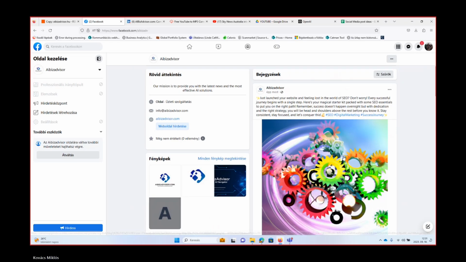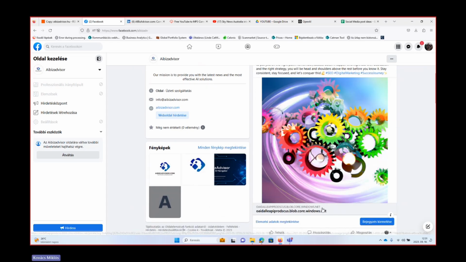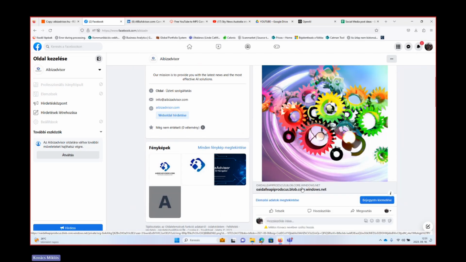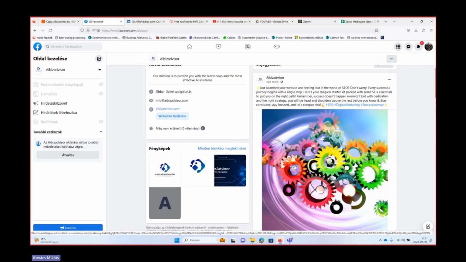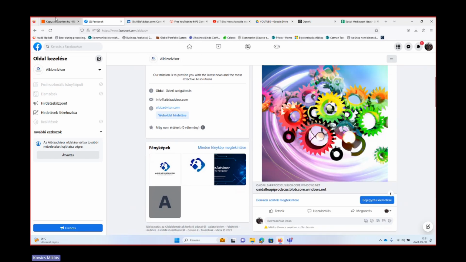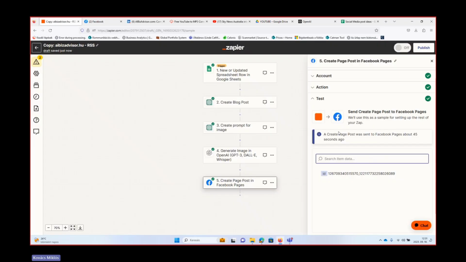Don't worry. You see, it was generated. Of course, it's not really nice here. You can work on that. There are certain ways again how to change that. It's really up to you how you design your workflow.